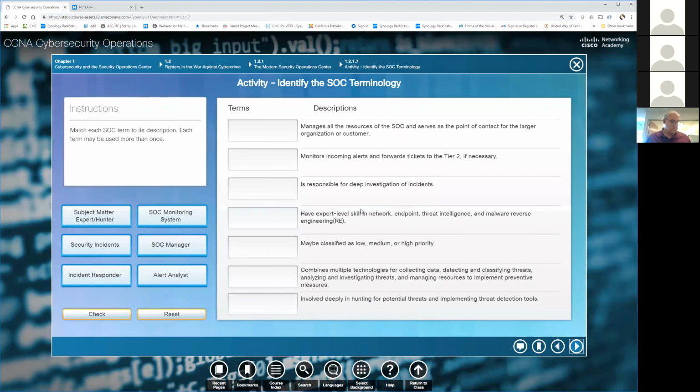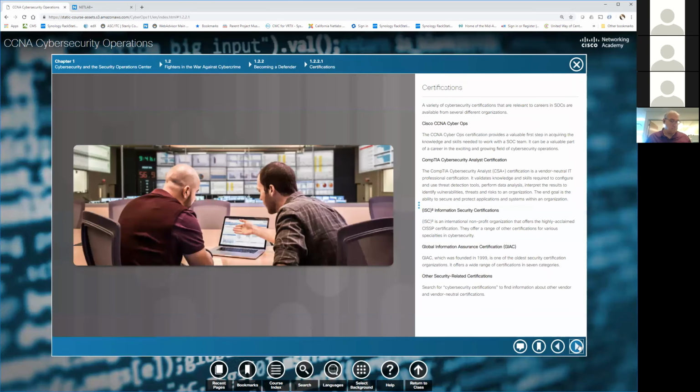All right, this is a really cool activity you can do as you go through, and you've already done it because y'all come through chapter 1. Real quickly, I am going to talk about the CCNA CyberOps certification and the CySA. Now, they've got this wrong. What happened was CompTIA came out with the Cybersecurity Analyst, CSA, and suddenly they found out someone already owned a certification that had the CSA acronym, and so they had to go back around and change it to I think CySA